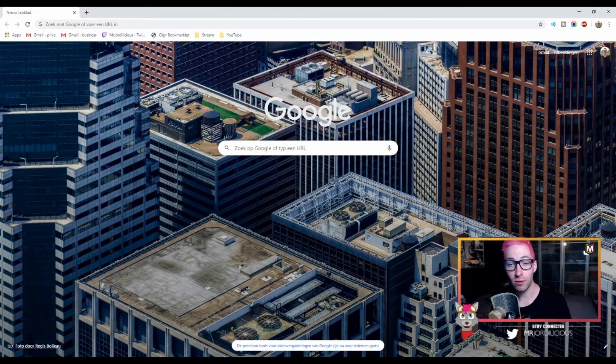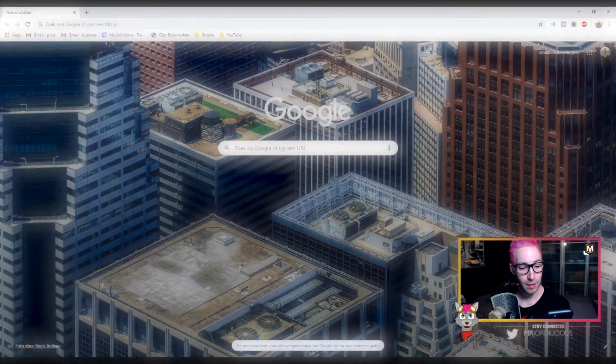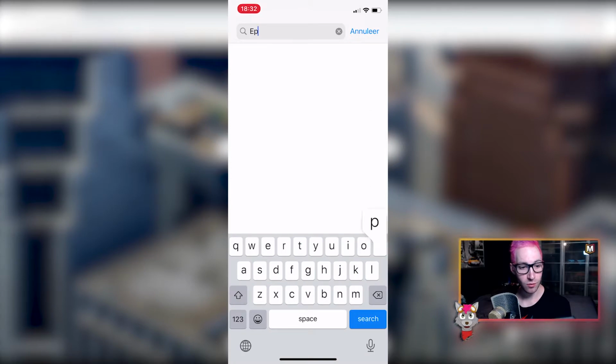So in order to actually use our phone as a webcam, we first have to download a tool on our phone. So before we jump into our PC, let's go ahead and open our phones so we can actually do that. So what you're going to do is you're going to go to your App Store and there you will look for a tool called